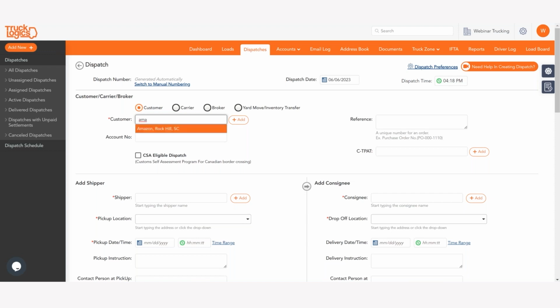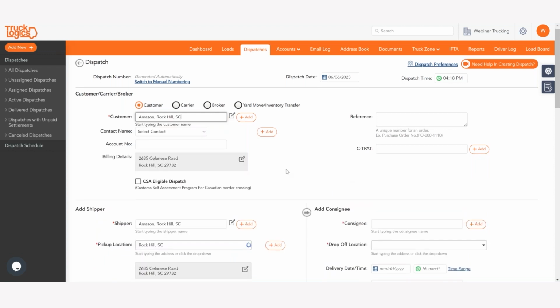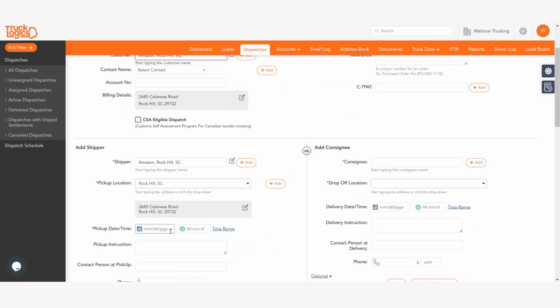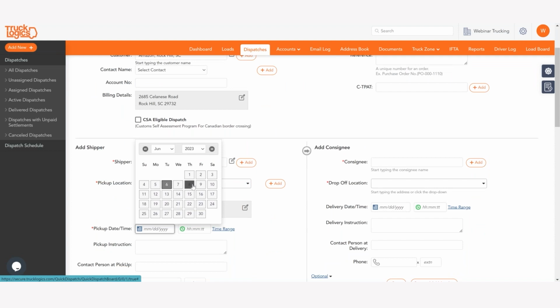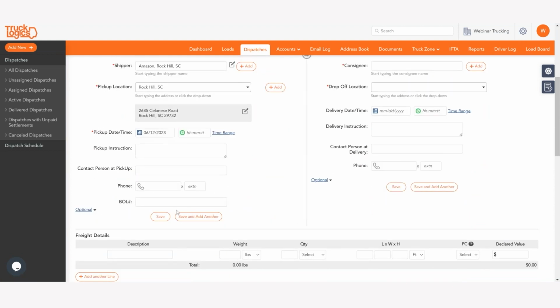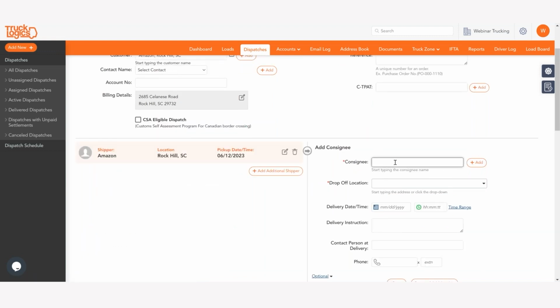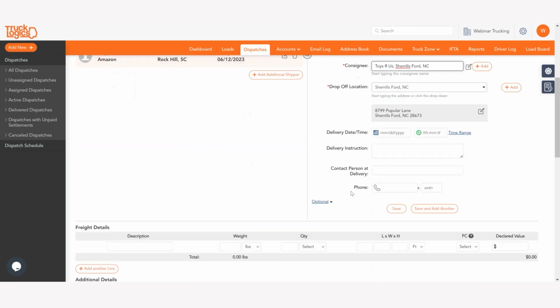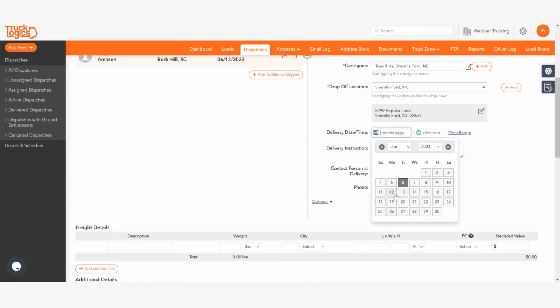Amazon is our favorite customer in the whole wide world. So we're going to enter Amazon. We're going to enter that date. Let's do the 12th next week, because we know that Krista is really busy. And we're going to save it. And she's still going to go to Toys R Us because she has a truckload of toys. I mean, kids everywhere need their toys. And so you can then